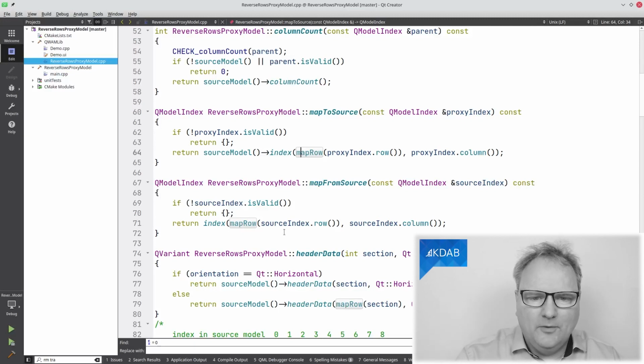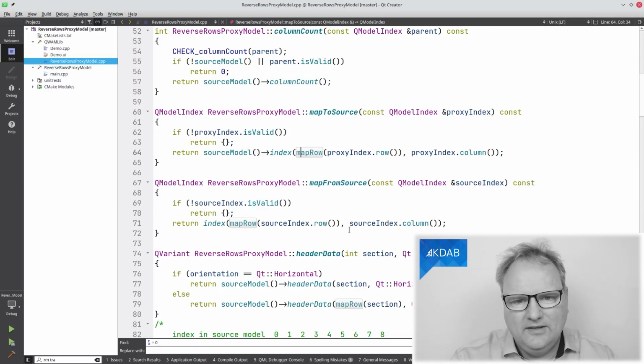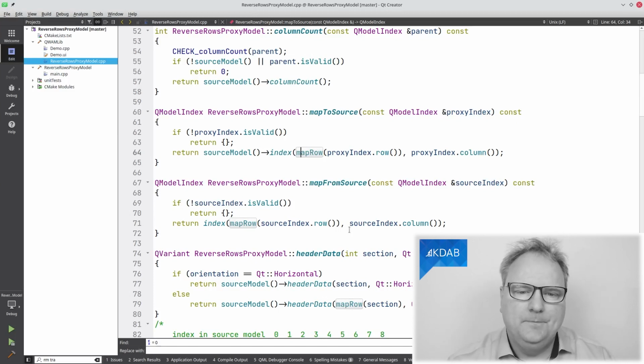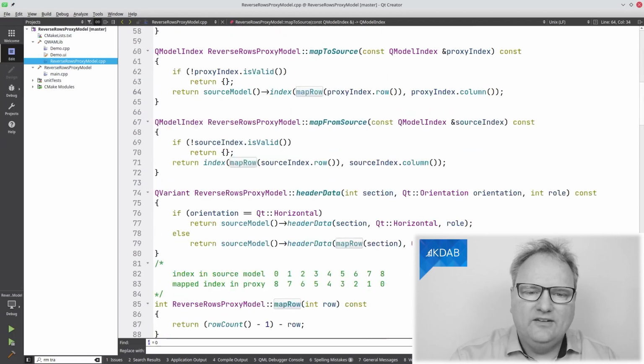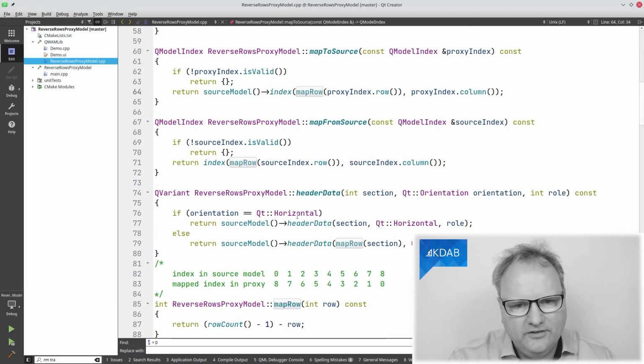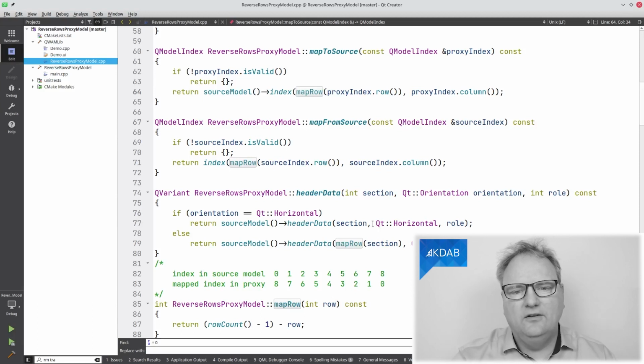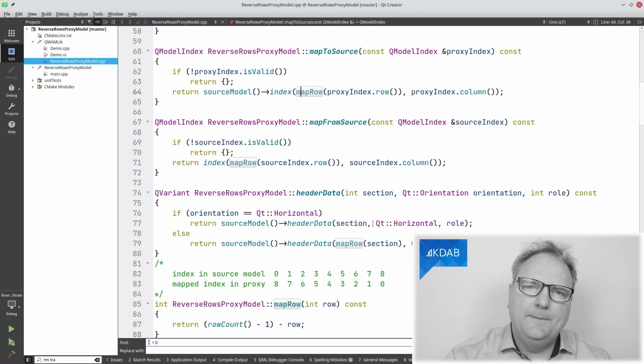Same thing, mapFromSource. It does exactly the same thing as you will recognize here, but that's not a given that it always does. It's just because of the symmetry of my mapping. Also headerData does the mapRow. If I'm asking for the horizontal, that goes like this, then it just calls straight onto the source model.